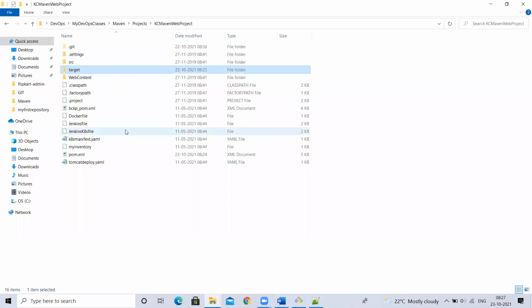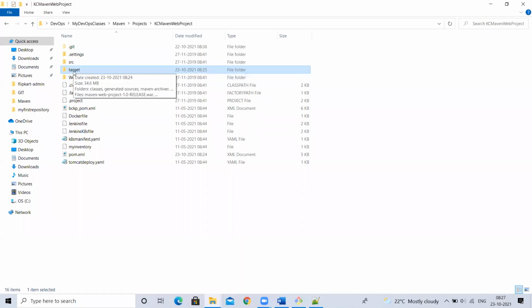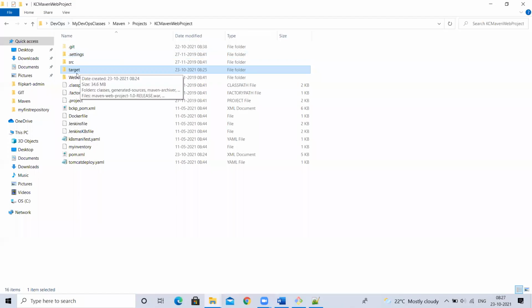Package will generate the artifact and try to place it in the target. Target is not there, so it will create target and place it. Now, in this case, I have one war file in the target. Now, again, I'll execute mvn clean package. Clean will delete the target directory, which means the old war file is deleted. Now my package will execute and generate a war file. Target is not there, so it will create it and put the file there. So target will always have only one war file now. Yes or no, guys?